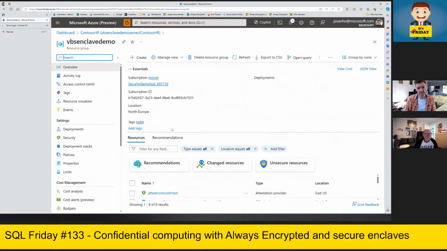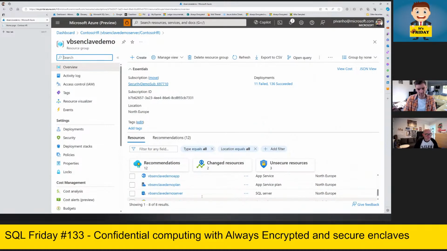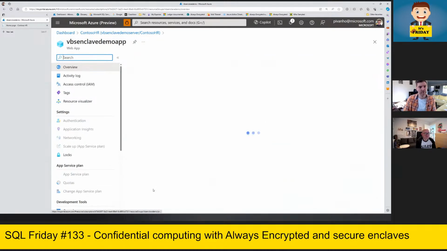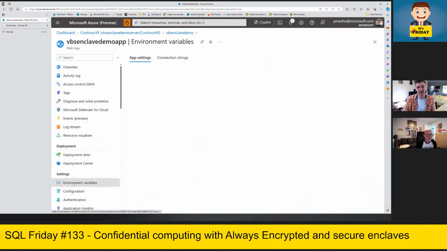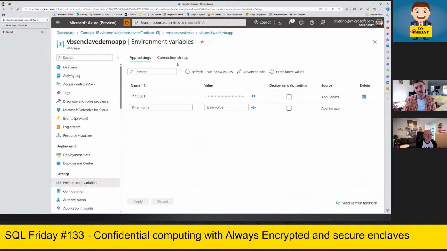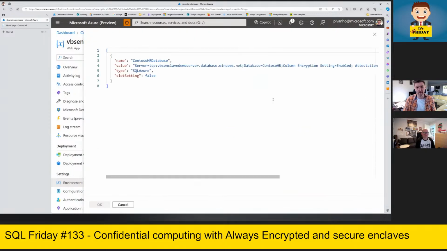Okay. Let me jump to the application itself. So I'm running here. Where is it? Yeah, here it is. So I'm running a web application. It's a simple web app, but what I wanted to show you here is my connection string. So my connection string, advanced. All right, so I'm connected to my database